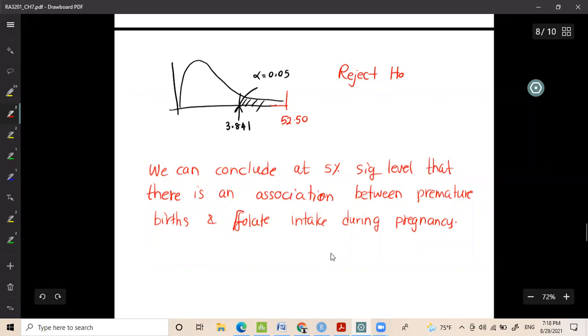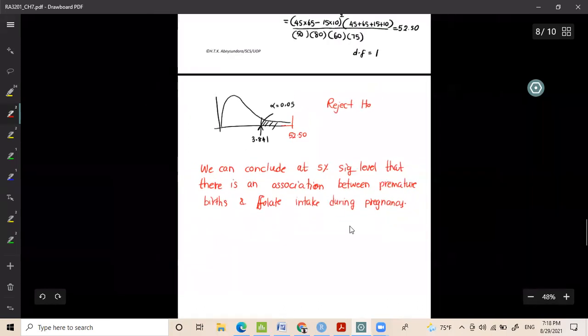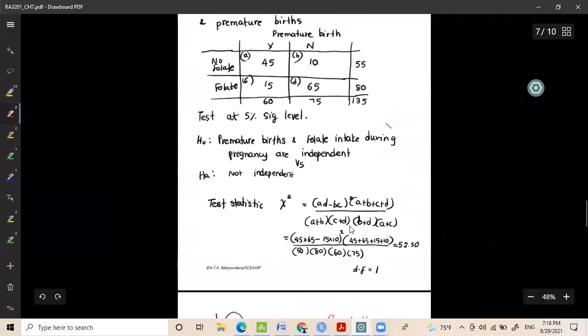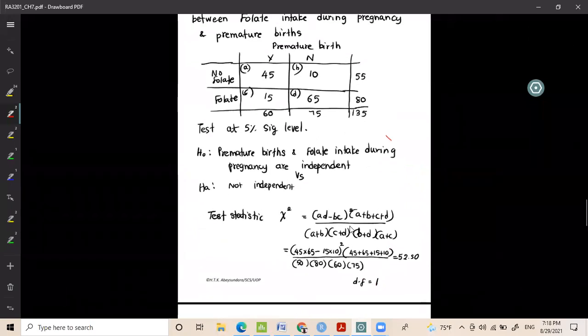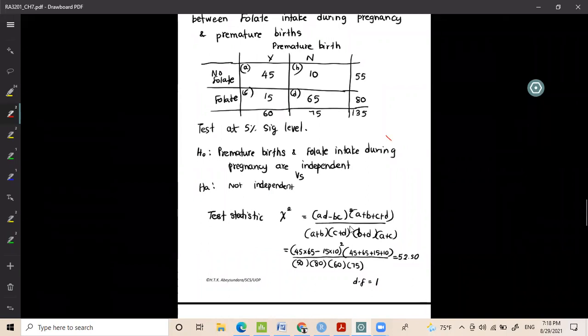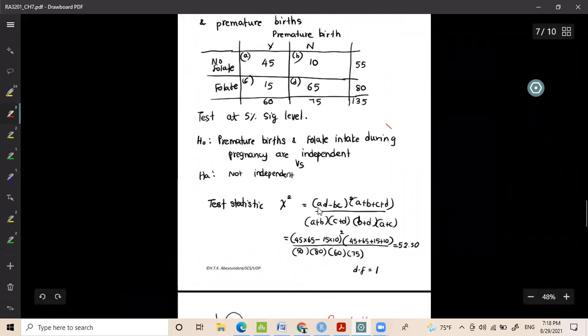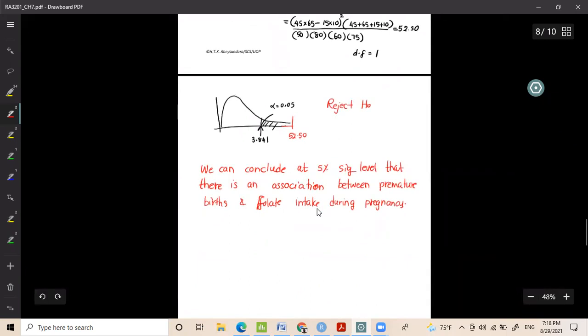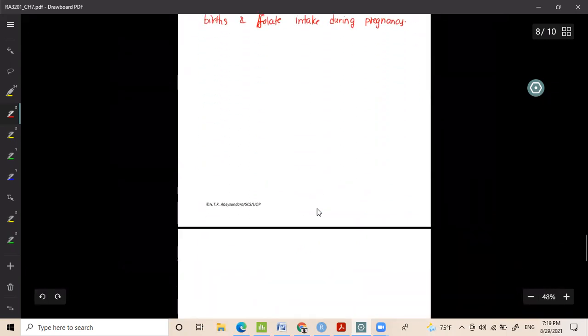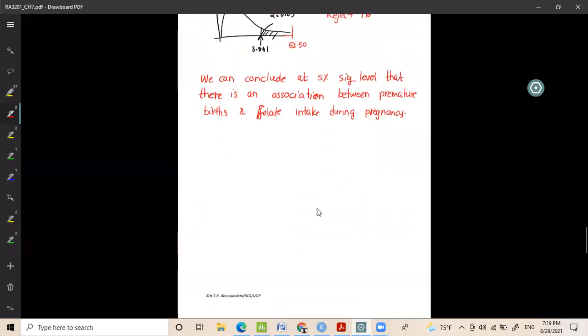Okay. So is this clear to all of you, this example? So as I mentioned, for 2 by 2 tables, you can easily do these calculations. Okay, if it is beyond that, you have to use a software. Say, for example,